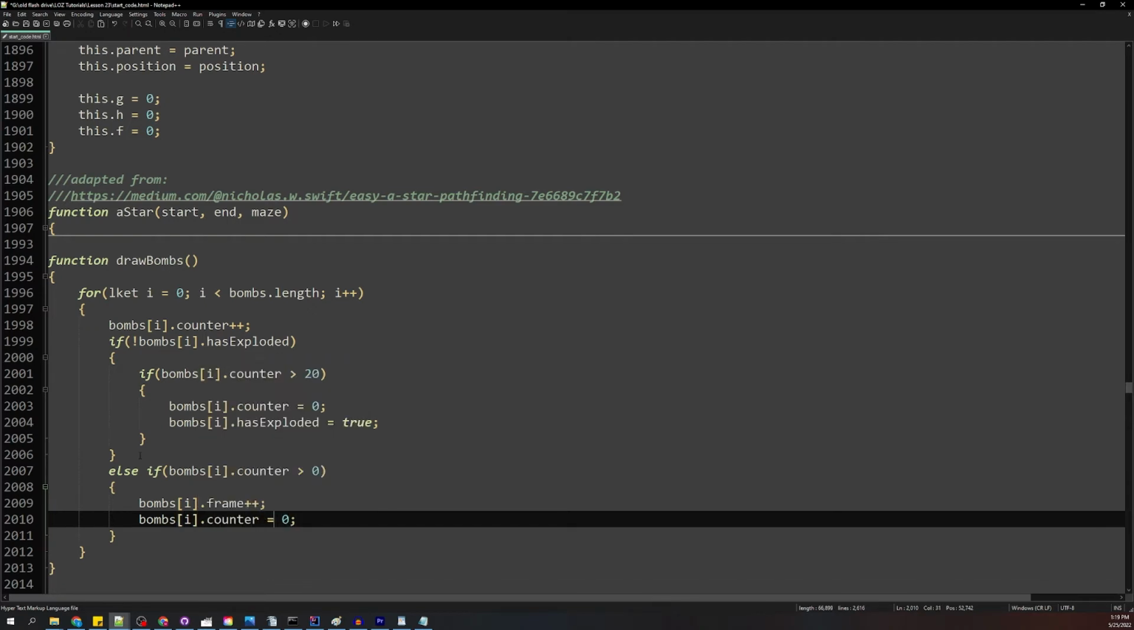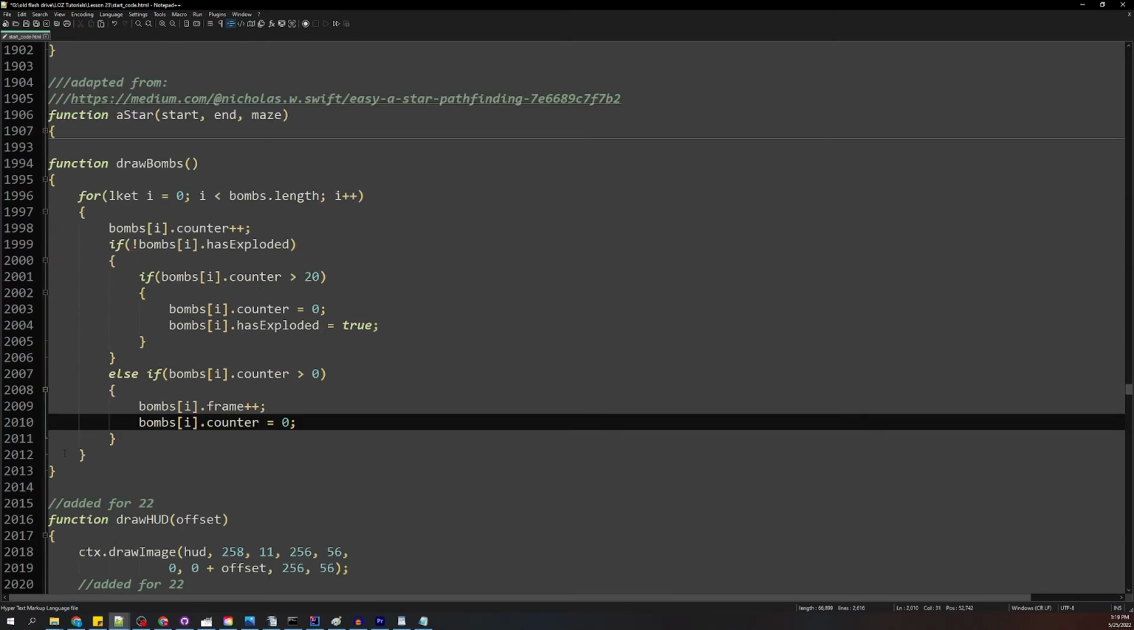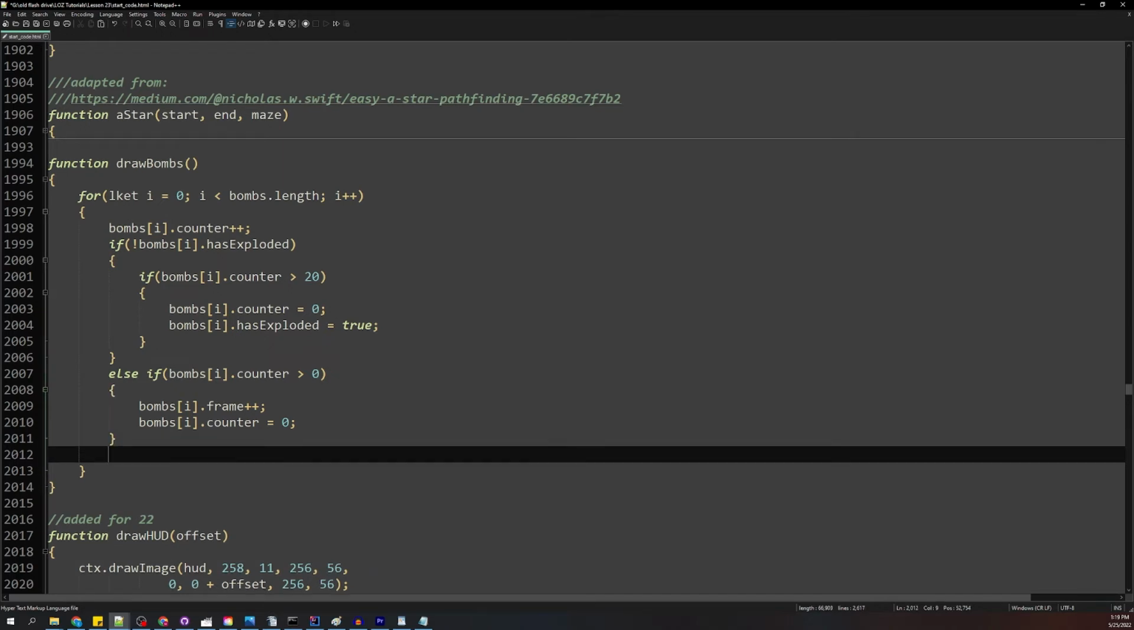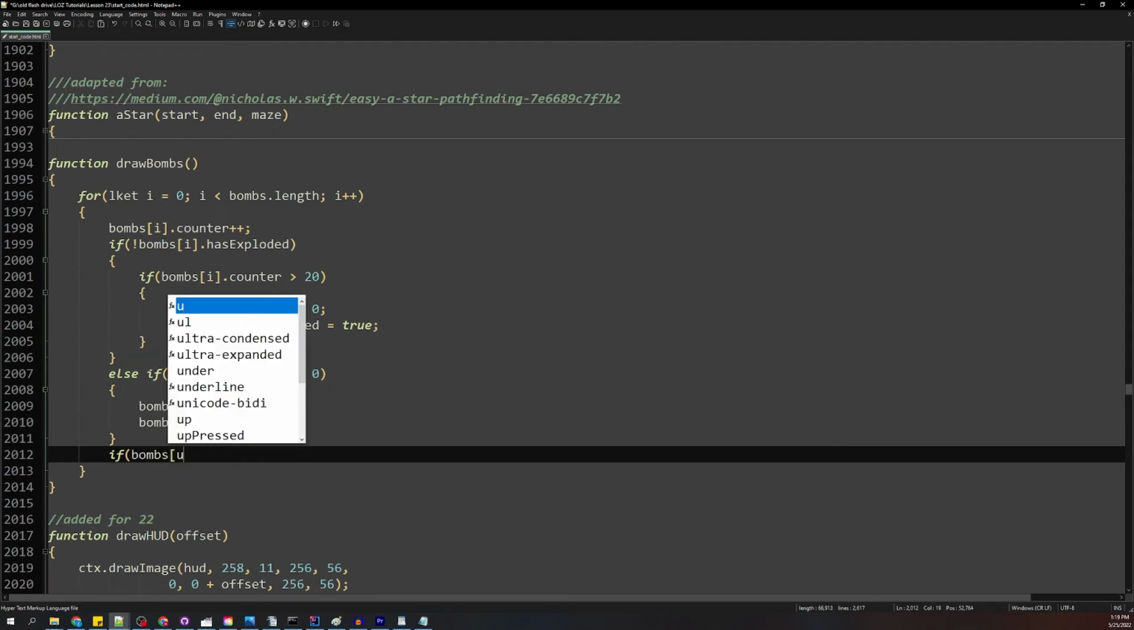Now this is a fast counter. It essentially goes from 0 to 1 and then resets back to 0. So the frames are really fast. Okay. So now we want to check, well, what frame is it on? And this is where things get a little tedious. But we're only going to mess with the frames that have distinct logic, like logic that's not found in other frames. And I'll explain what that looks like in just a second. So here we're going to say if bombs at i